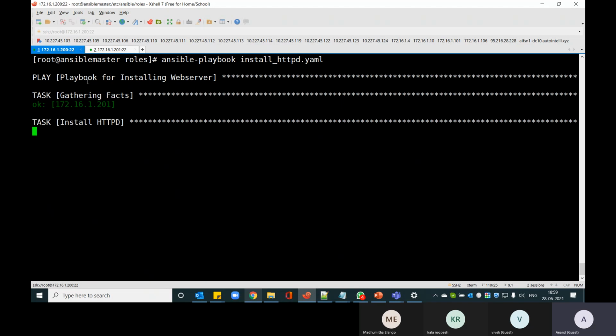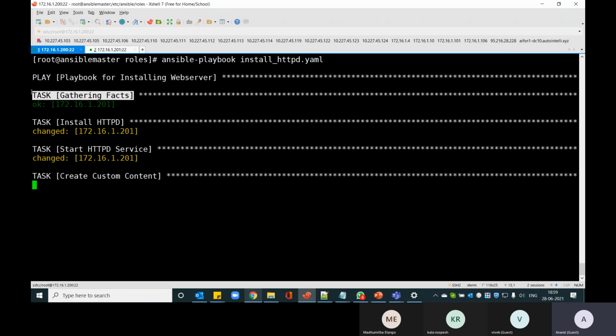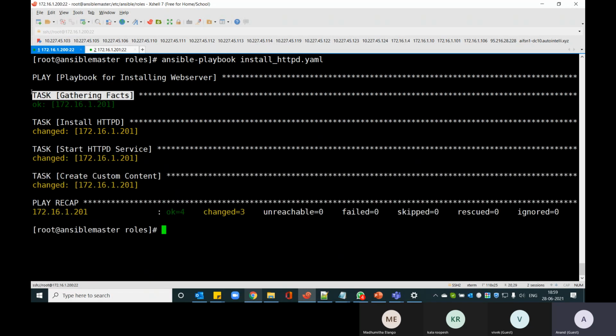That's our play. And by default Ansible also gathers some facts about the target system. It checks the configuration of the server the first time it runs, so it will download and keep that configuration, like how much memory is installed, CPU, what operating system, and what software is inside. That is part of gathering facts.